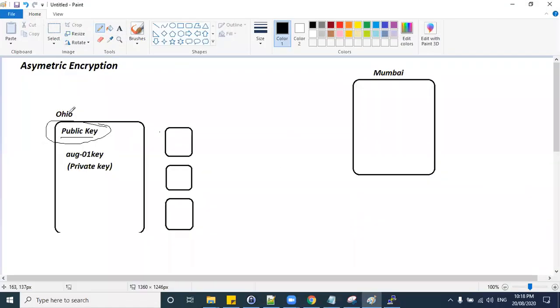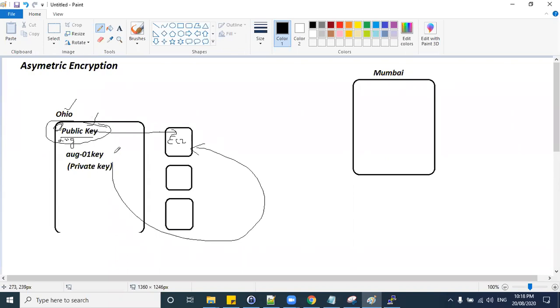So what we have done, we were already in the Ohio region. Initially we created a key pair in AWS, right? When we created the key pair, one public key will always be there in the EC2 dashboard, okay? So whenever you launch an EC2 machine, this public key will be assigned to this EC2 machine. So if you're using the August 1st public key, you need to use the August 1st private key in order to access this particular EC2 machine. This is what we were following till now.